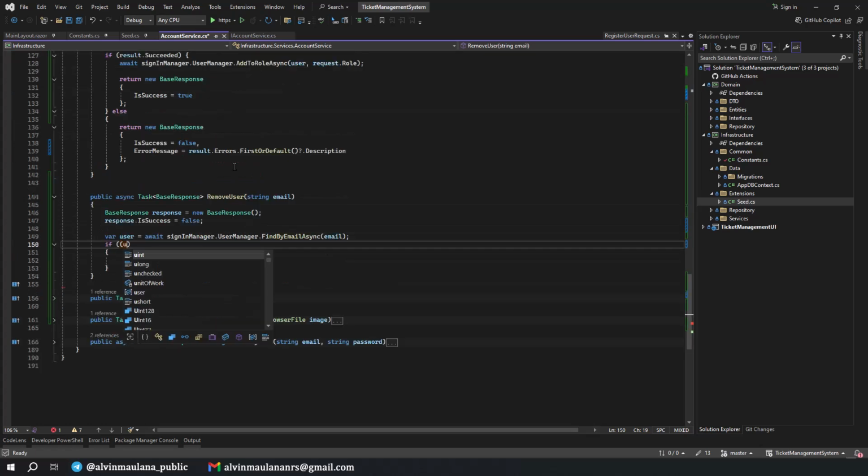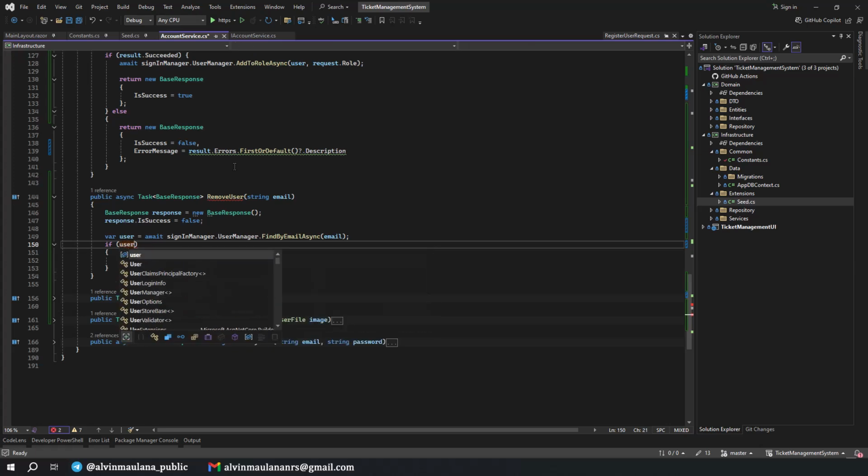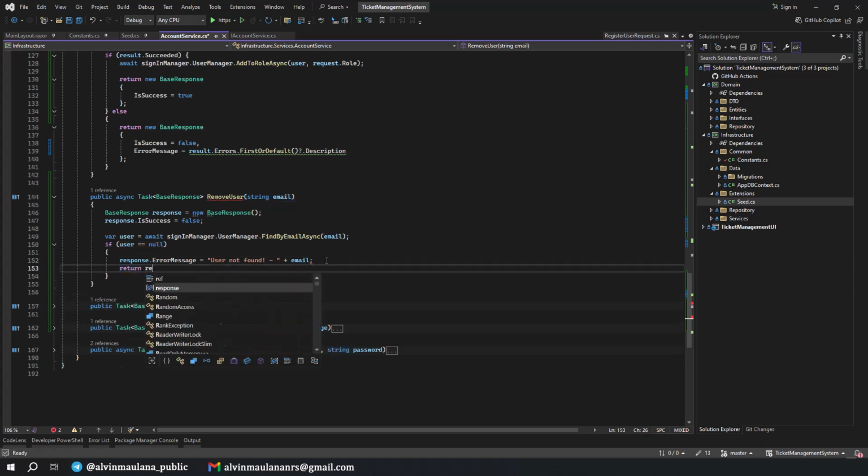If user is equal to null, we respond user not found. We show the email, that the user in the parameter is not found in our database, and then return the response.